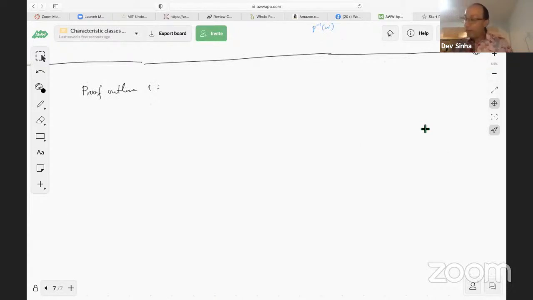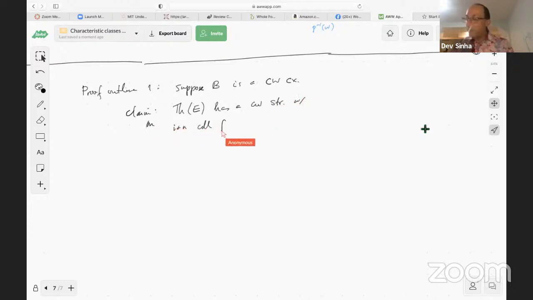So let's suppose that the base B in the Thom isomorphism is a CW complex. Then the claim is that this Thom space has a CW structure with one i plus n cell for every i cell of B,